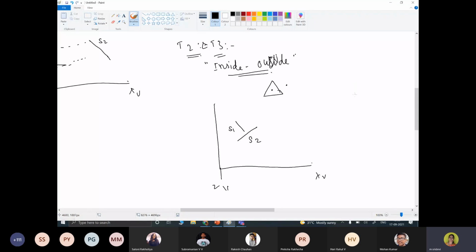In this example, surface S1 is completely behind the overlapping surface S2, which is test 2.